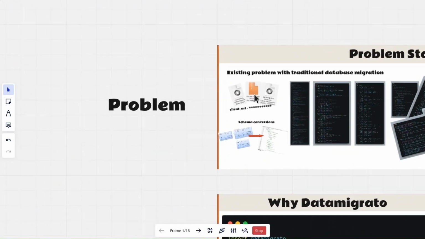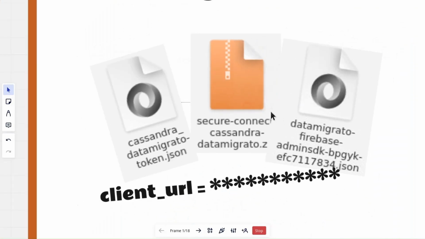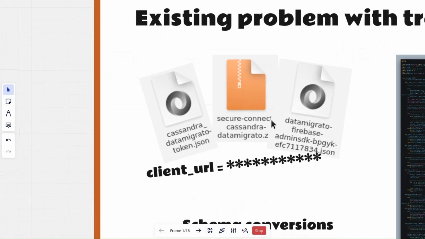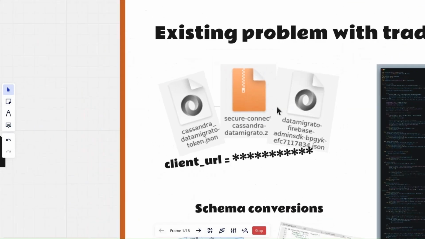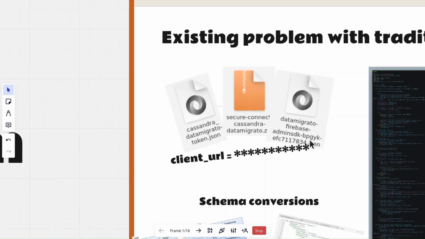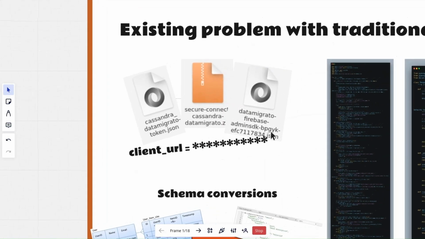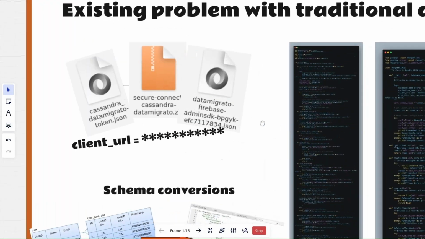Okay, let's talk about the problem statement. What's the problem with the traditional approach? You've got to deal with all these authentication files, tokens, security stuff, client URLs, basically a bunch of keys to different doors. Then you're writing some script to connect with these databases